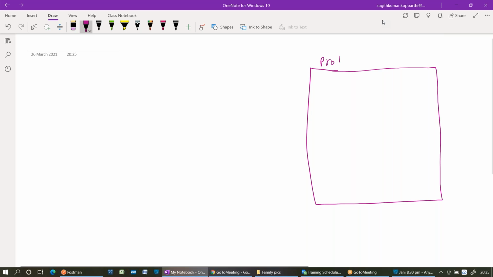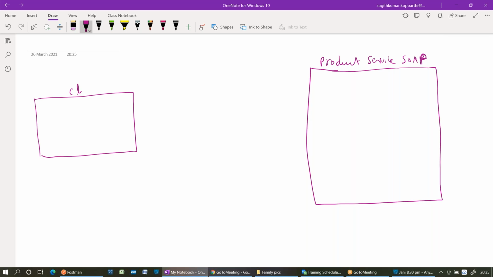The application name is product service SOAP. Previously, the application name was product service REST, right? What we did there, from the client application, I was trying to consume that REST application. Now I'm trying to consume a SOAP application.